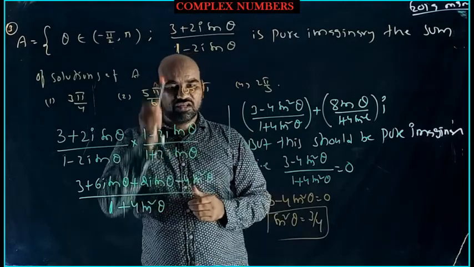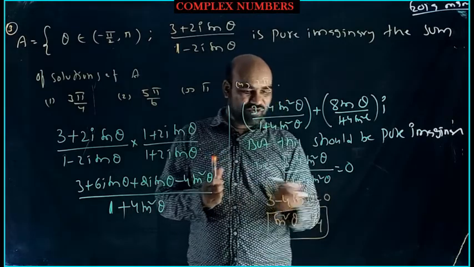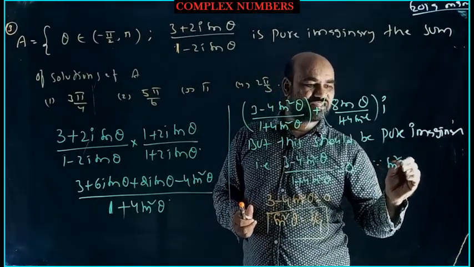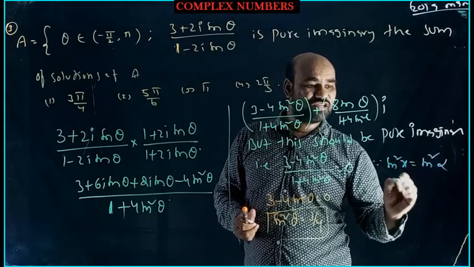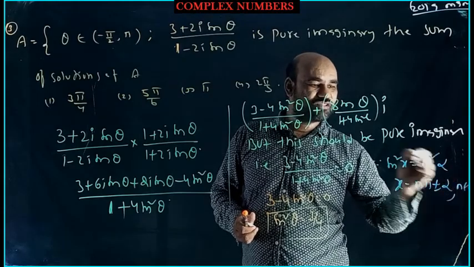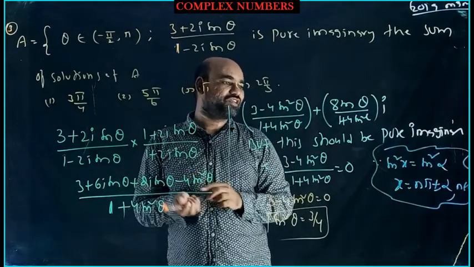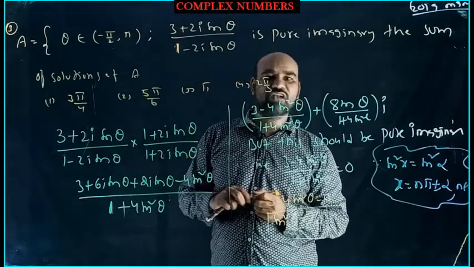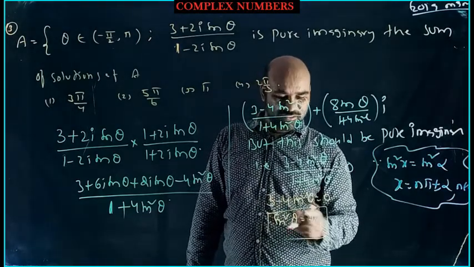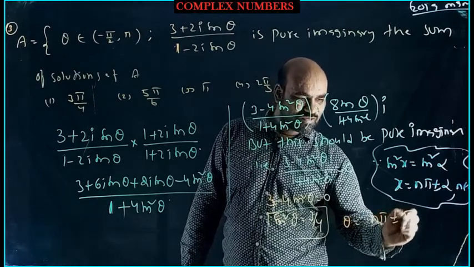Sin theta equal to root 3 by 2 means one of the angles is 60 degrees or pi by 3 radians, but I want to find the general solution. Already you know that if sin square x equal to sin square alpha, then x is equal to n pi plus or minus alpha, where n belongs to Z. This is the general solution concept, where alpha is one of the principal solutions. So here I can take the principal solution pi by 3, then the solution for this problem is theta equal to n pi plus or minus pi by 3.